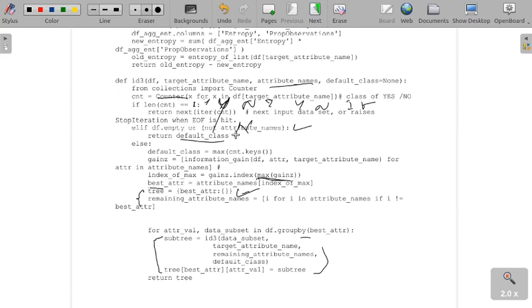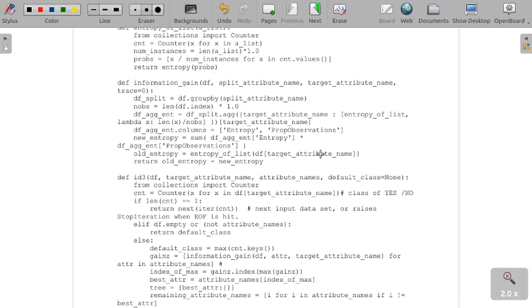Again, as in the algorithm, whenever we have an empty table, we return the default class, which we also saw. Later, if those things don't happen, next we calculate the gain for all the attributes.